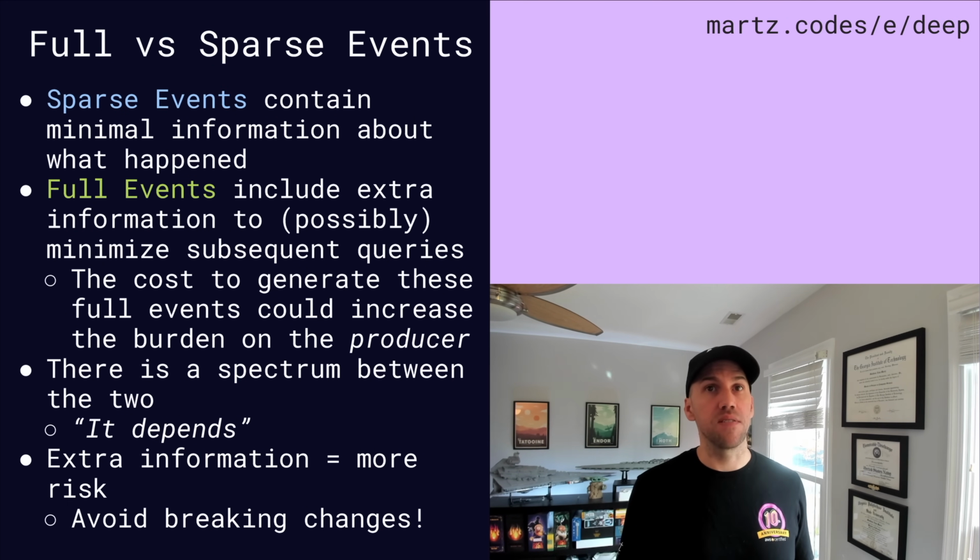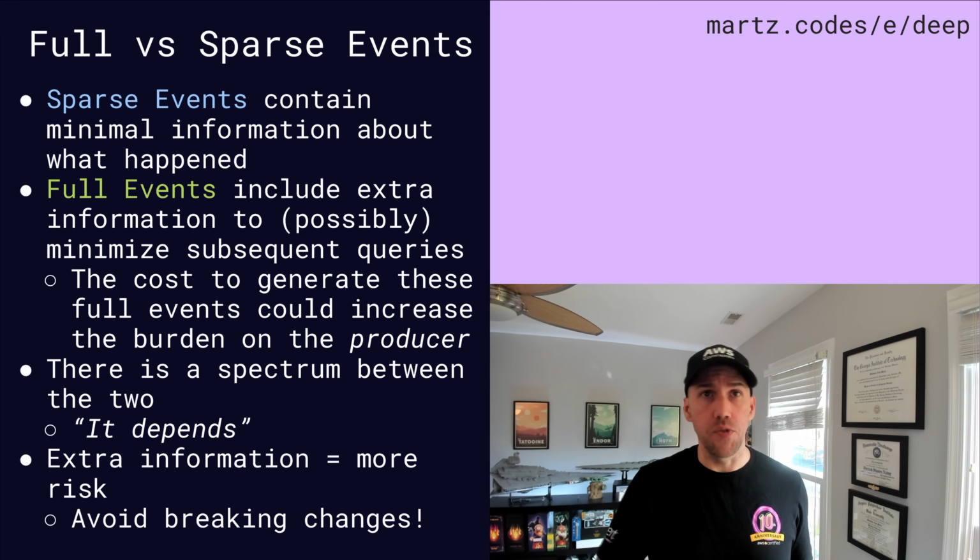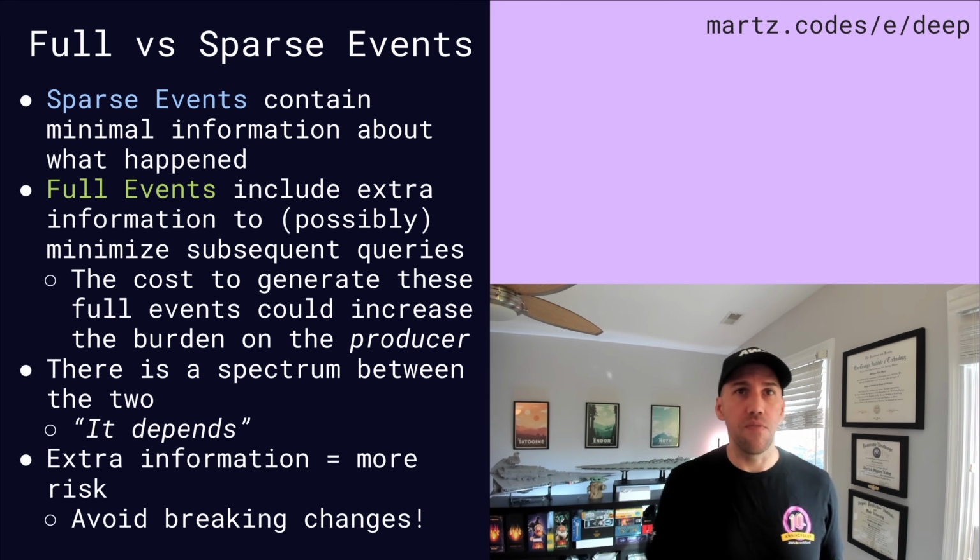When producing events, there are two primary types, full and sparse. Understanding the differences in applications of each is key to efficient event management. Sparse events carry minimal information about what occurred. They're lightweight and typically include just enough data to identify the event and its basic context. The advantage of sparse events is their simplicity and reduced load on the system, making them efficient for high volume